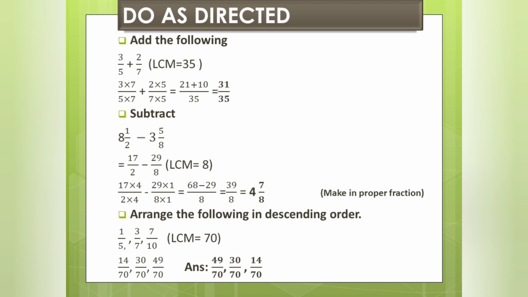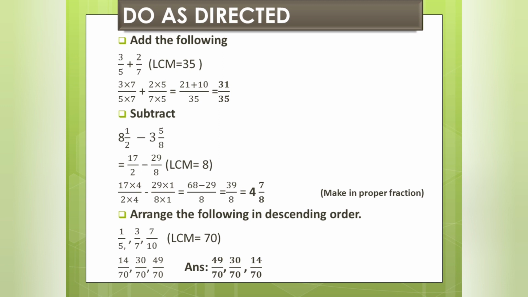Now first take the first fraction, 3 upon 5. Just see how many 5s are 35. So we'll say that 7 5s are 35. So the same number 7 is multiplied by 3 also. Then let us take the next fraction, 2 upon 7. How many 7s are 35? Then we'll get the answer 5. Then 7 5s are 35. At the same time 2 5s are 10.